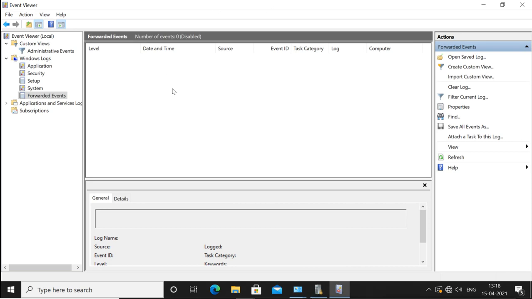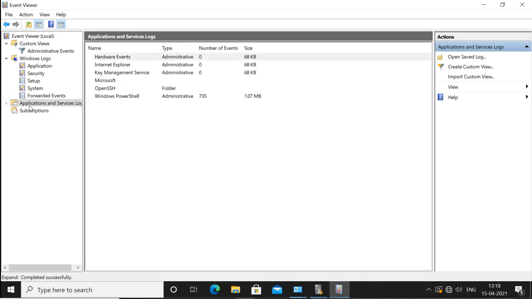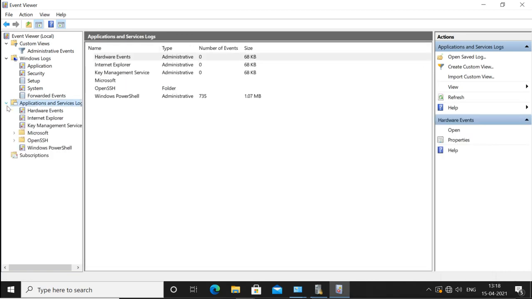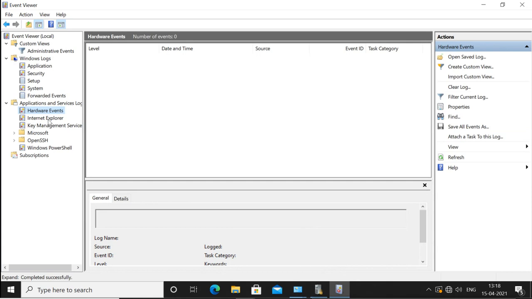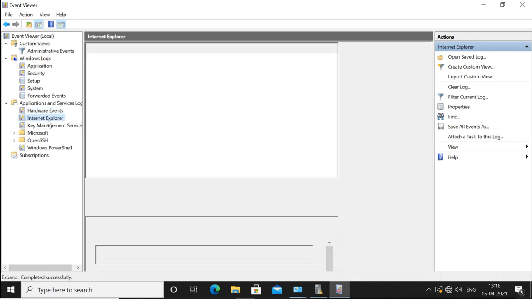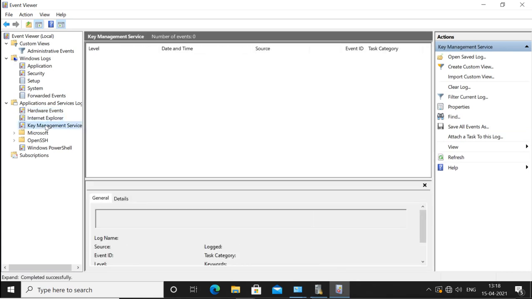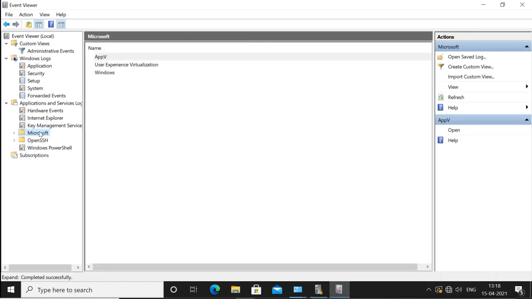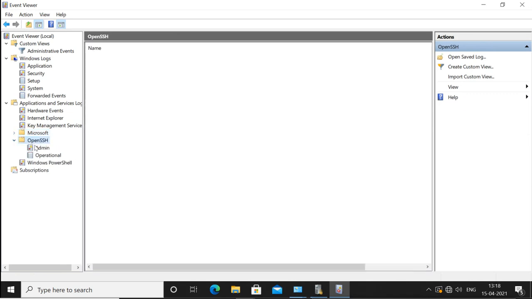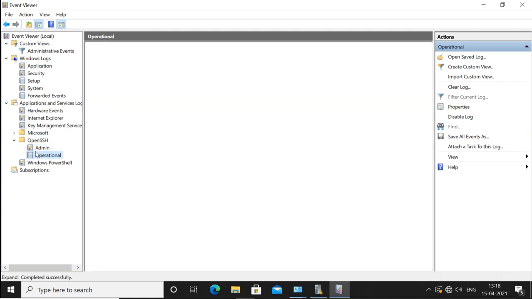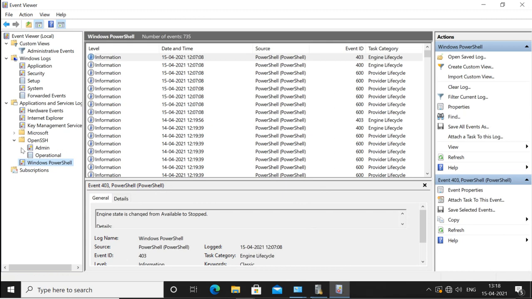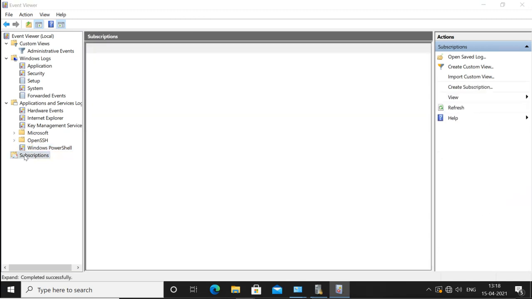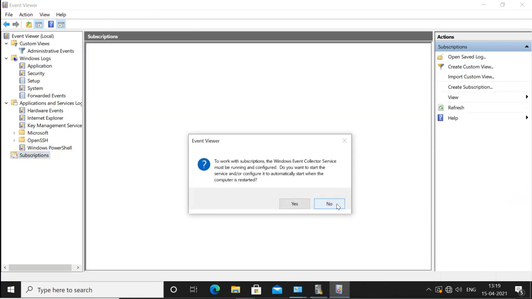You have application and services logs: hardware events, Internet Explorer events, key management events, Microsoft related events, OpenSSH events, PowerShell events, and also subscription events.